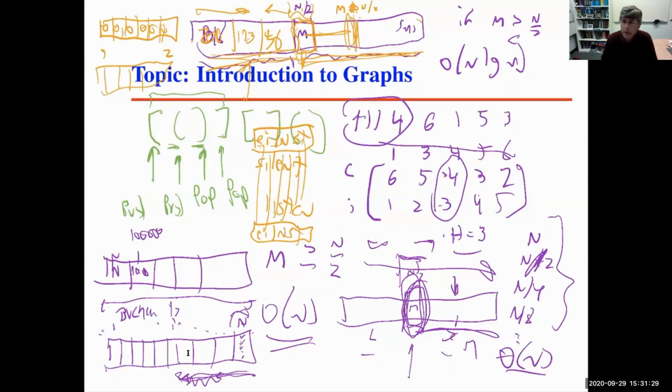My H index is n. The criterion here is, have I published at least this many papers with at least this many citations? I have the papers sorted from most citations to least citations,